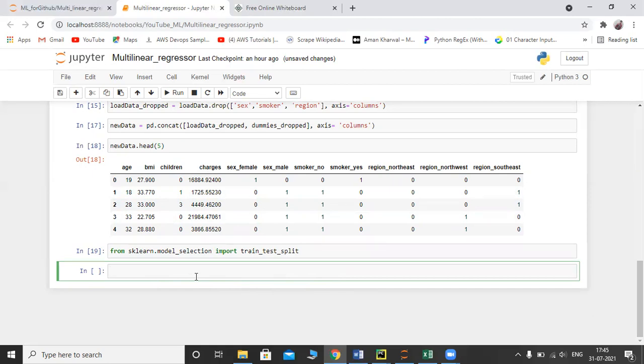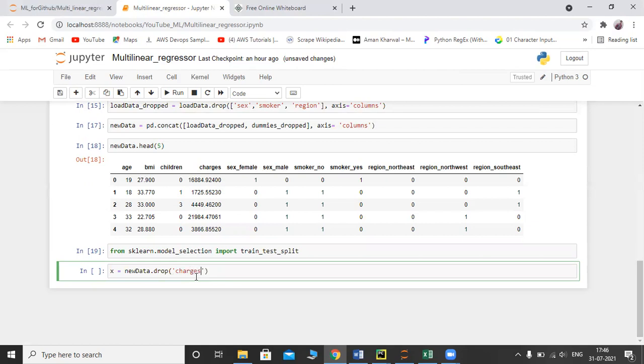So for that, we need to separate the independent variables and the dependent variable. X is the total set of independent variables, which I am drawing from my new data. new_data.drop, I'm going to drop charges.